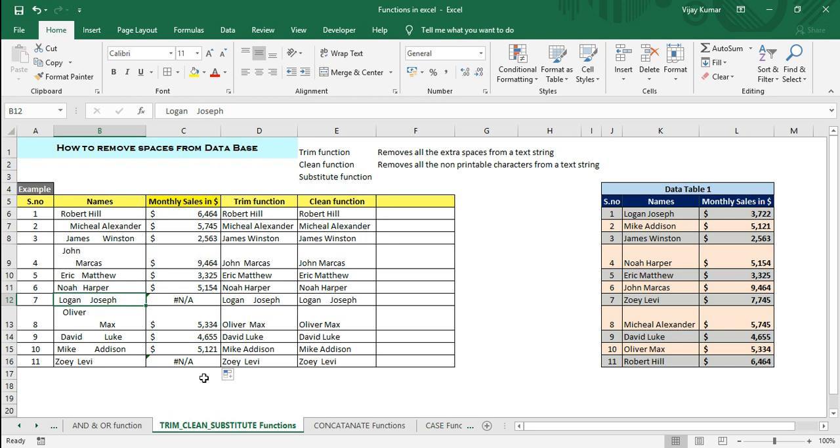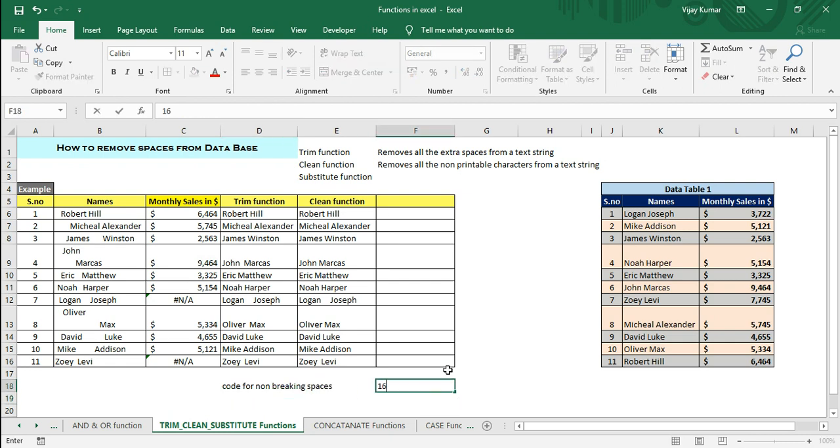The code for non-breaking spaces is 160, and the code for a regular space is 32. So now what I will do is use the SUBSTITUTE function. Basically it substitutes one text string with another text string. Just as the name implies, it substitutes.